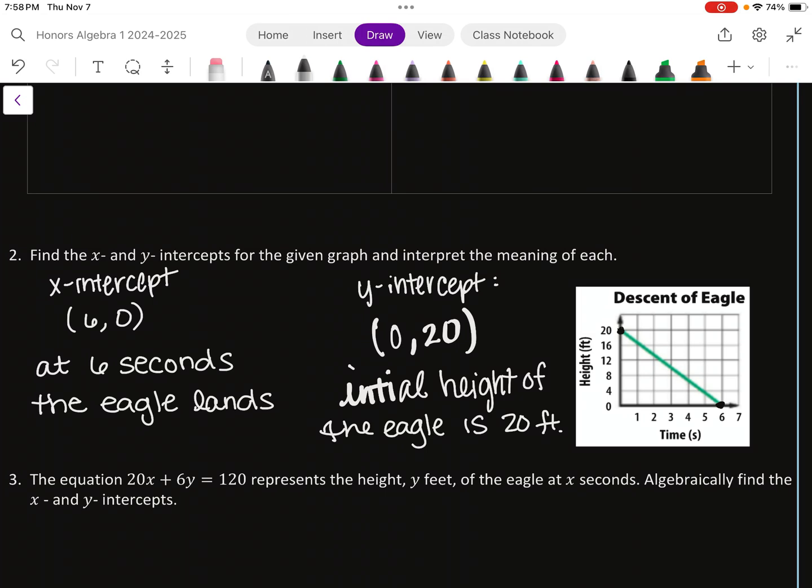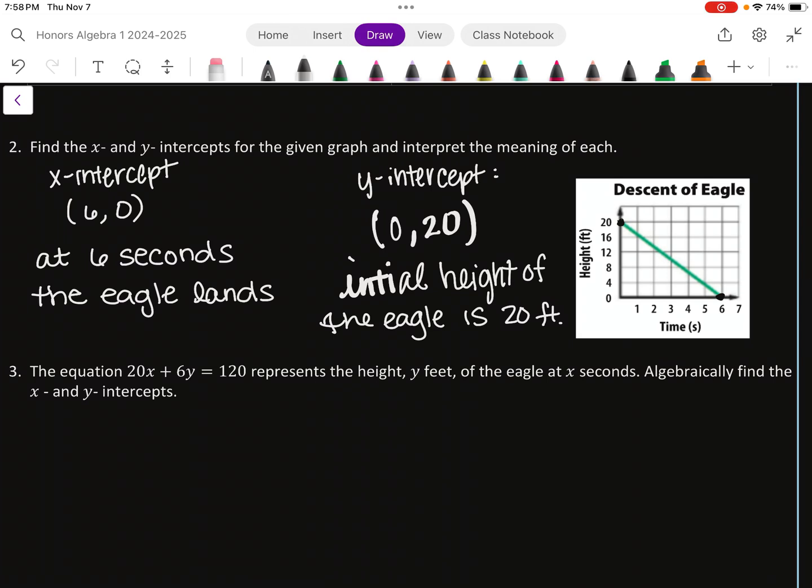So we found those intercepts, but what if I was given an equation like this? This equation, 20x plus 6y equals 120, represents the height, y, in feet, of the eagle at x seconds. Algebraically find the x and y intercepts. So that's pretty much the basis of this lesson today, finding x and y intercepts without actually looking at a graph. So if we look at these things up here that I've already written out, x-intercept and y-intercept,